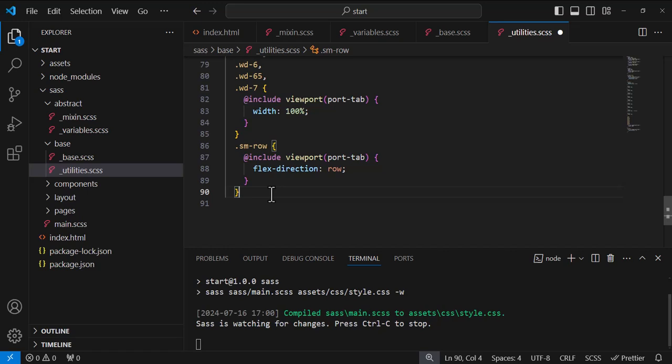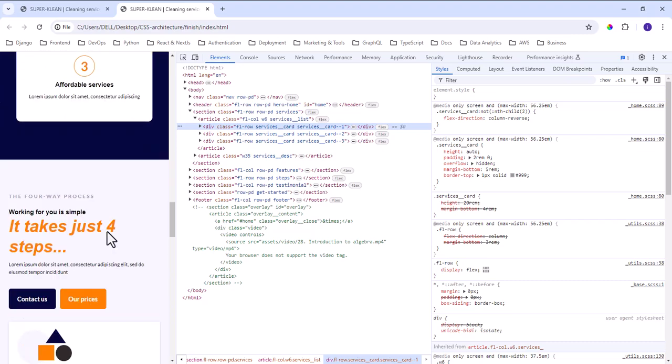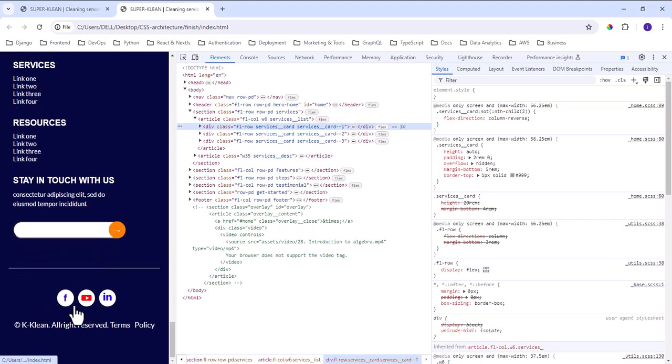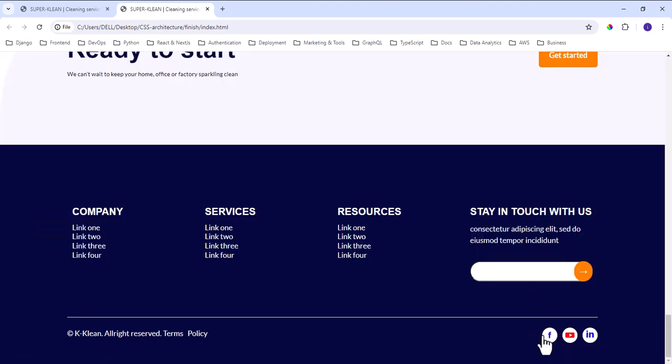An example of a place where it becomes useful, or where it is used in our project, is here. If you look at these icons, they are arranged horizontally, and that's the same way they were even here in the desktop version. They were still horizontal. Normally, they were supposed to become vertical when I minimize or view in a smaller device, because that class FL row still applied to them. FL row ensures that they are arranged horizontally, flex direction row in desktop version, and at the same time,